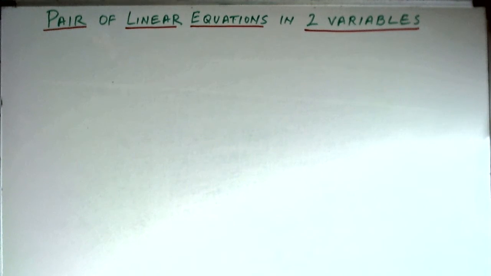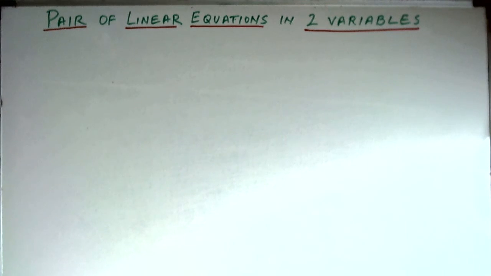In this video, we will continue our basic learning of pair of linear equations in two variables, and we will see that when we draw the graph of a linear equation in two variables, we get a straight line, and that is why it is called a linear equation. So we will take our example of